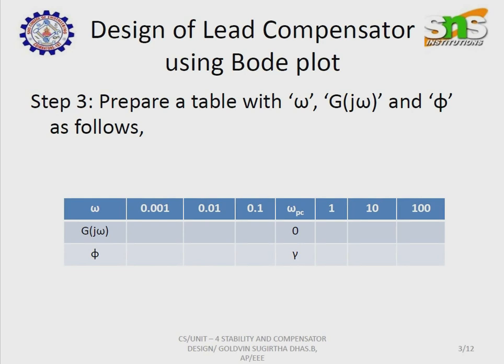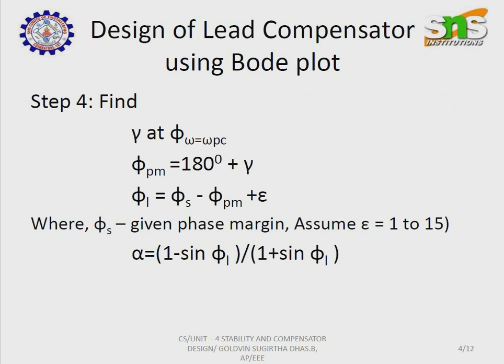We have to find the point where we get the gain value as 0 and the phase value as gamma at the frequency omega pc. We have to find that value. So that is step number 4. We have to find gamma at omega equal to omega pc, and using this formula we can find the value of phi l, which is given by phi l is equal to phi s minus phi pm